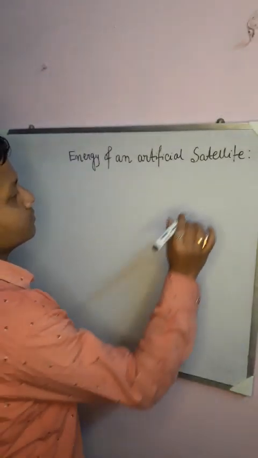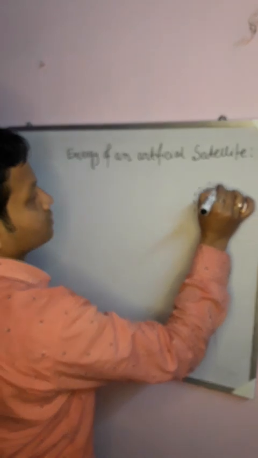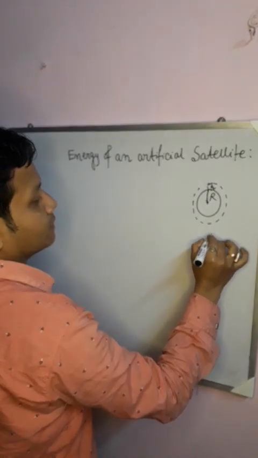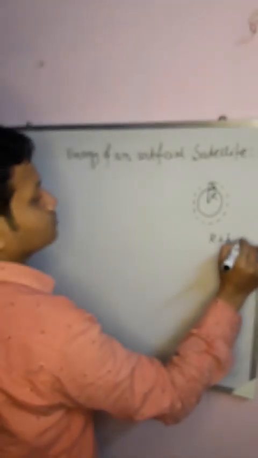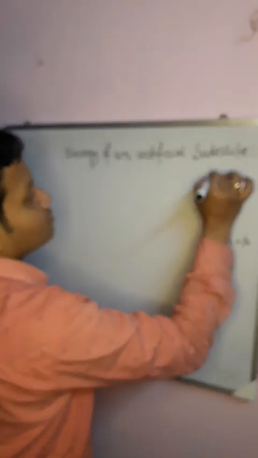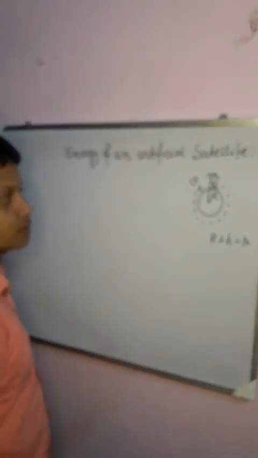So we know that, suppose this is Earth and a satellite revolves around the Earth. Okay, so this is obviously the radius R. Okay, and if the satellite is located at a height h, then we always know R plus h we call small r. So if the satellite of mass m revolves around the earth, say with the orbital velocity v, then